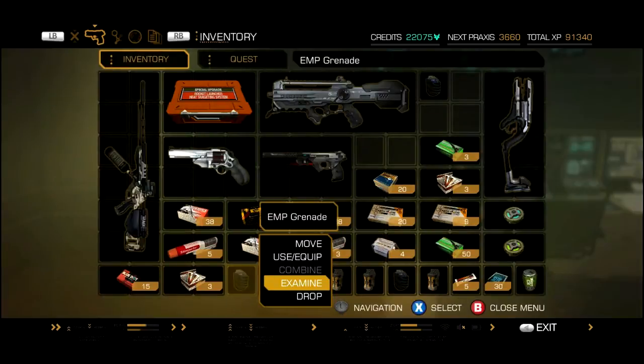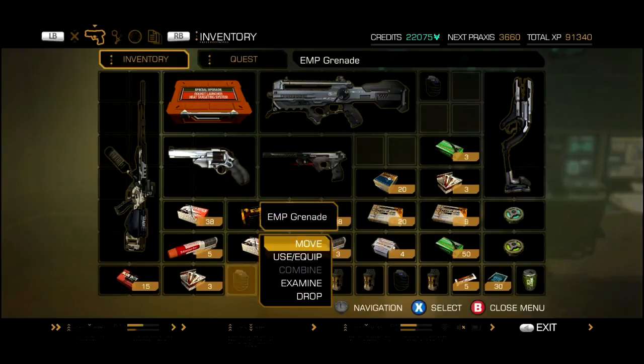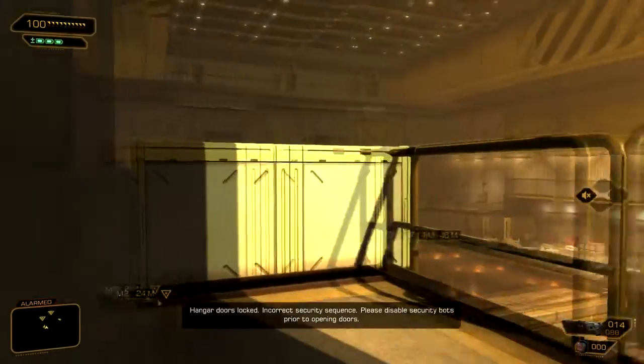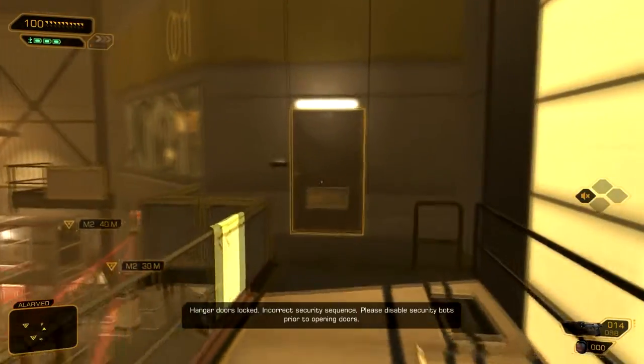I wonder if I can throw it from up here. How do you throw grenades? I've totally forgotten. I equip it and then throw it. Maybe. Hangar doors locked. Okay, let's try going across the way, see if there's another...